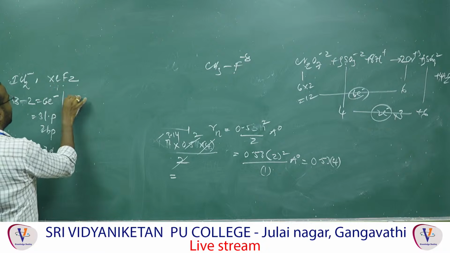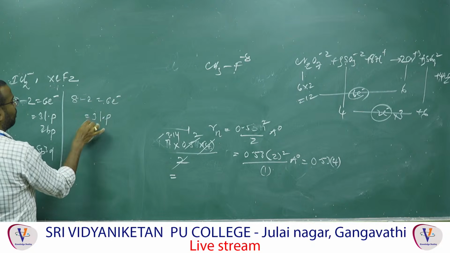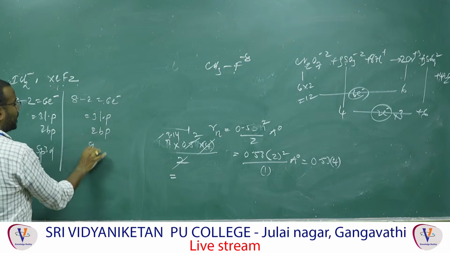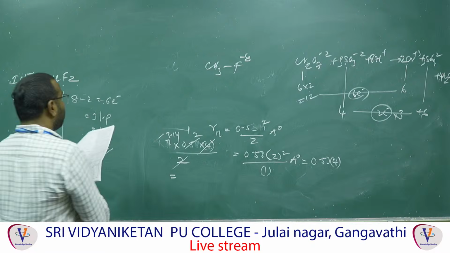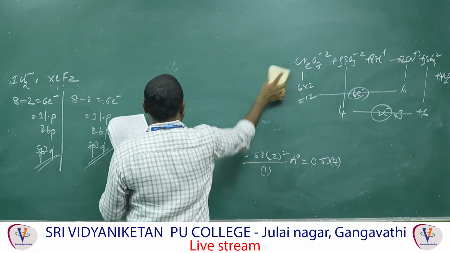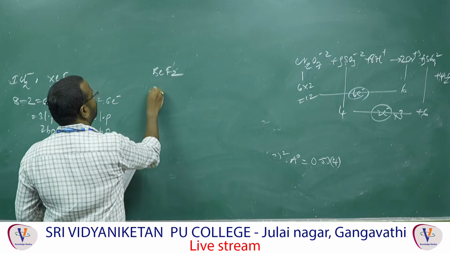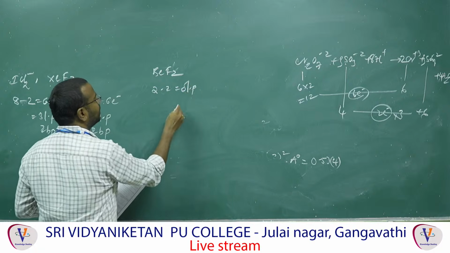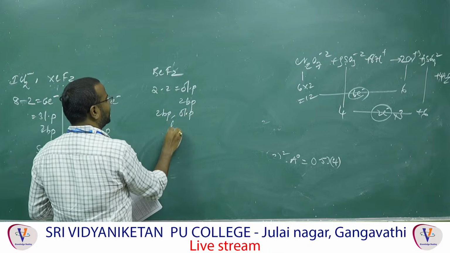Whereas XeF2, when we consider 8 minus 2 again, 6 electrons, which means 3 lone pairs, 2 bond pairs. Once again, sp3d hybridization. You can see that the hybridizations are same. Moving on. So that first option is wrong. We have to consider the next option, BeF2 and ClF2 plus. BeF2, 2 minus 2 is 0 lone pairs, 2 bond pairs, 2 bond pairs and 0 lone pairs is linear